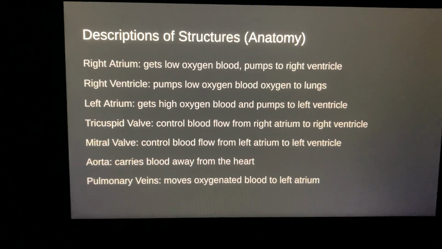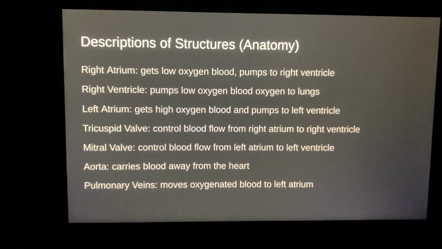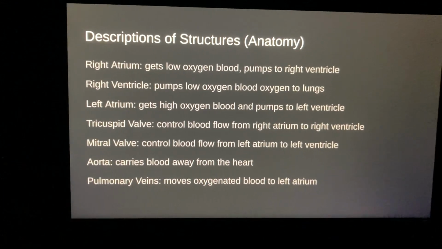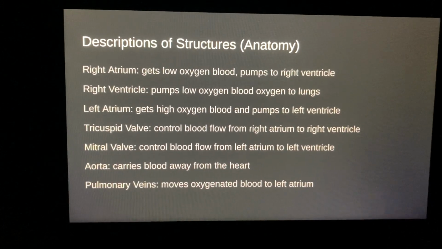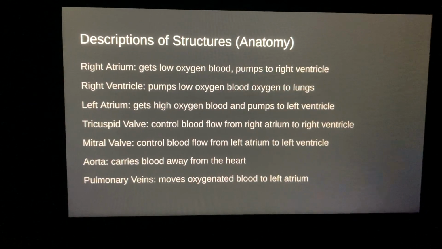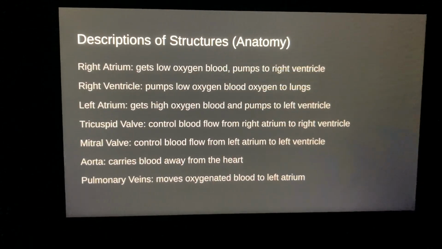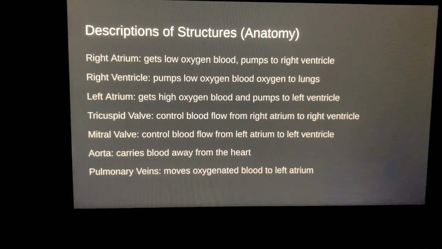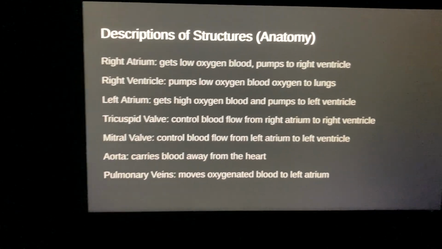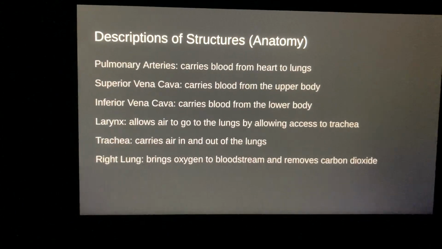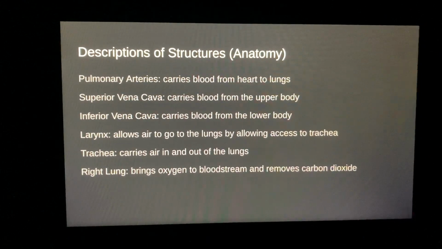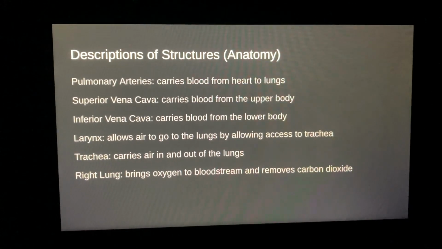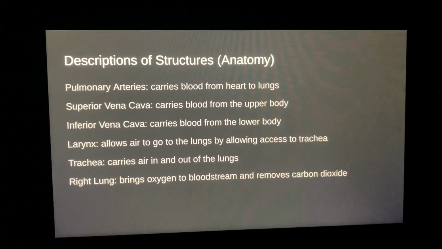controls blood flow from right atrium to right ventricle. I don't have it listed here for some reason, but the left ventricle pumps high oxygen blood to the aorta. The mitral valve controls blood flow from the left atrium to the left ventricle. The aorta carries blood away from the heart. The pulmonary veins move oxygenated blood to the left atrium. The pulmonary arteries carry blood from the heart to the lungs. The superior vena cava carries blood from the upper body, while the inferior vena cava carries blood from the lower